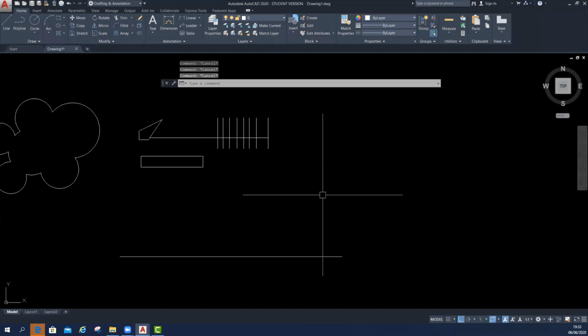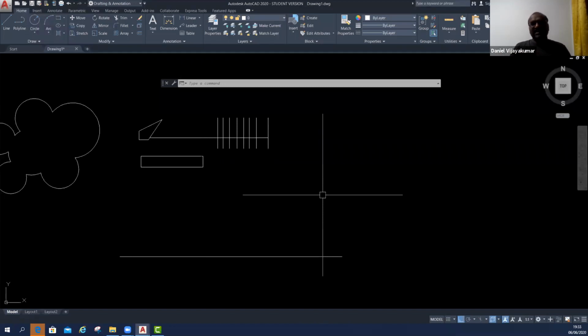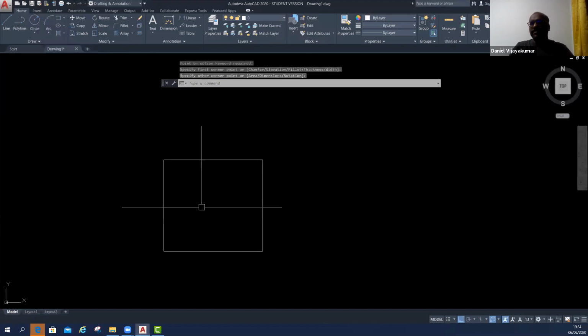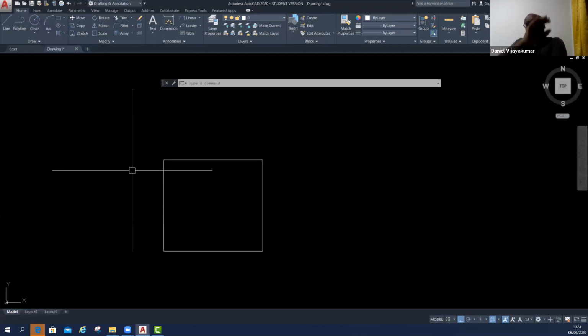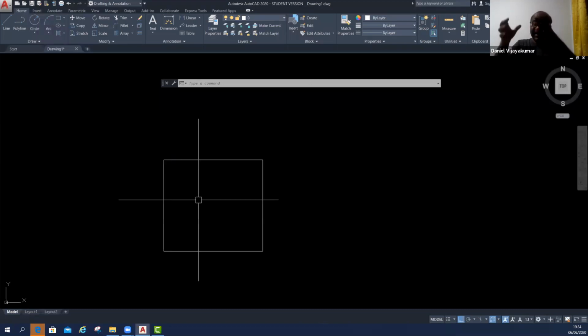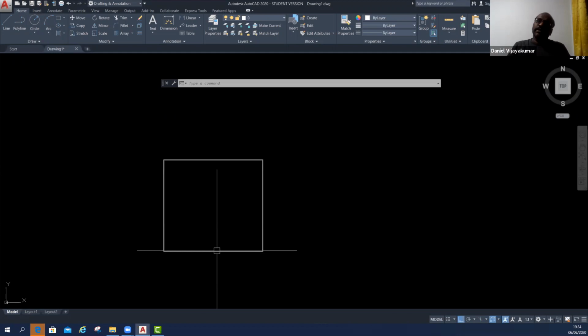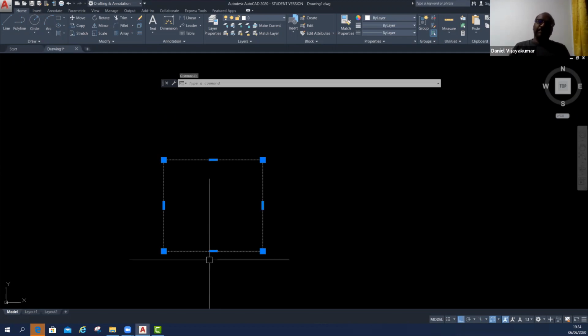Okay. The next command is scale. Scale does not mean a measurement scale. It's scaling. So we can enlarge the object with some ratio. For example, just assume this is 100 mm by 100 mm, a 100 by 100 square. This is my object. Now, just assume this is a building column. This column is 100 by 100 mm.